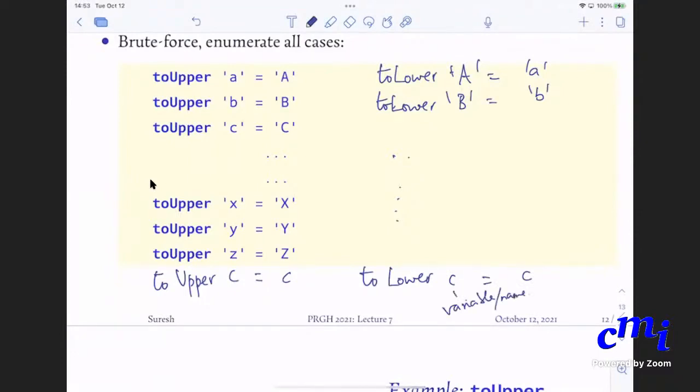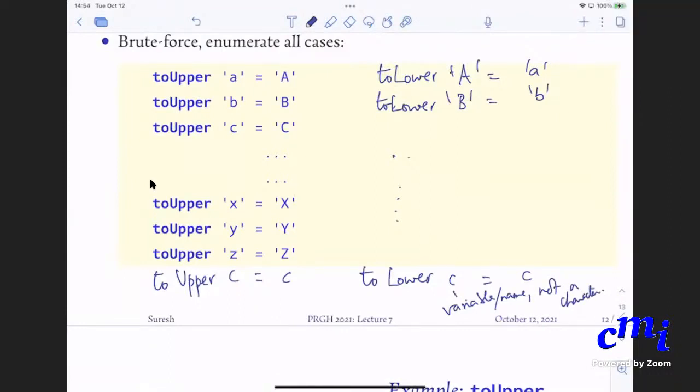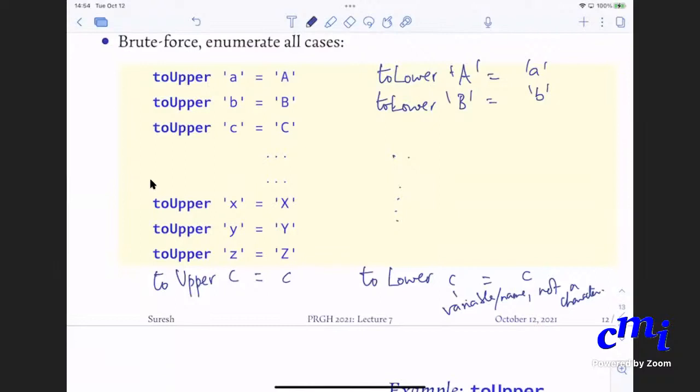Or a name. It doesn't return C. It just says error if you don't put the apostrophe. Oh, no, sorry. I get your confusion. No, Srimati, what I mean is that you don't call it by saying toLower C. What I mean is that if you call toLower with any other character other than these, this is part of the definition, not how you call it. Oh, okay. And as in, it's like the error thing you said before. It has the same type as what you put in, but it'll say error. No, this is not like that. This is just returning the same. What I mean is this is part of the definition.